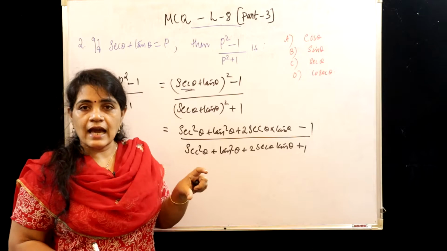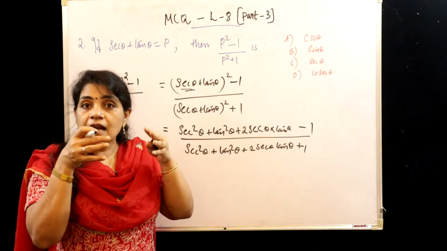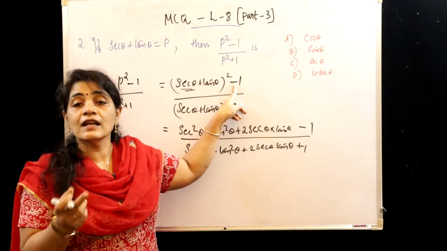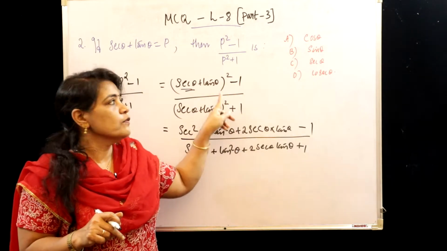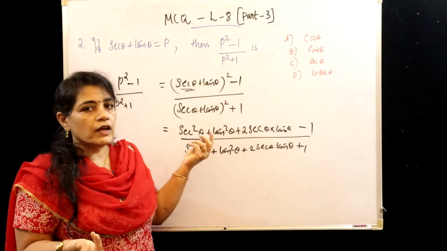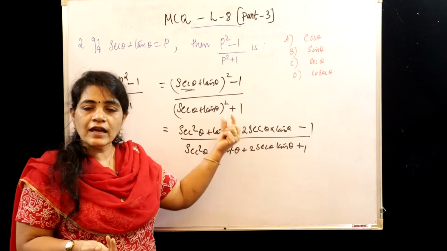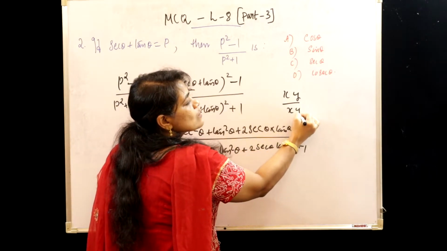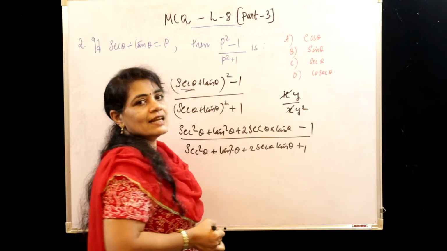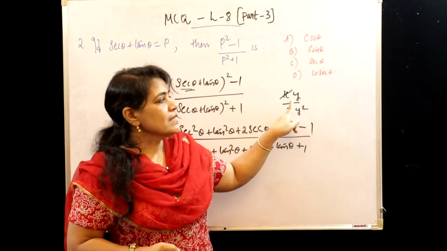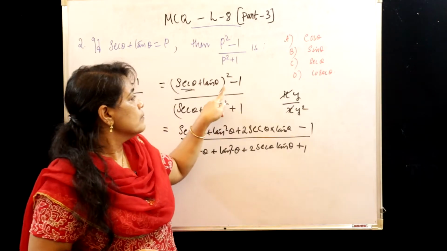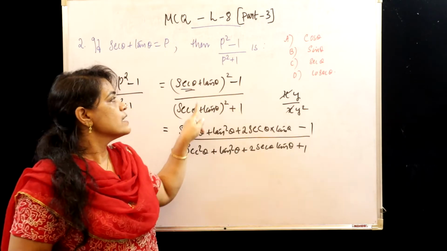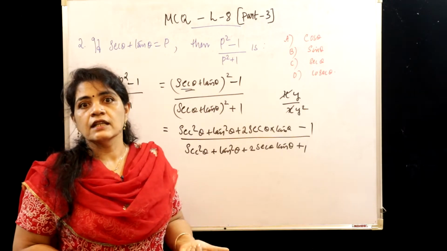Okay, we can cancel the factors since they are connected by into. Here these terms are not connected by into, they are connected by minus and plus sign, so we can't cancel these two. So we have to simplify. If you can cancel in that form, that is what I meant, xy divided by xy square. You can cancel x and y because they are connected by into. Here, since we have one more term, minus 1 here and plus 1, we can't cancel these two terms from the numerator and the denominator.